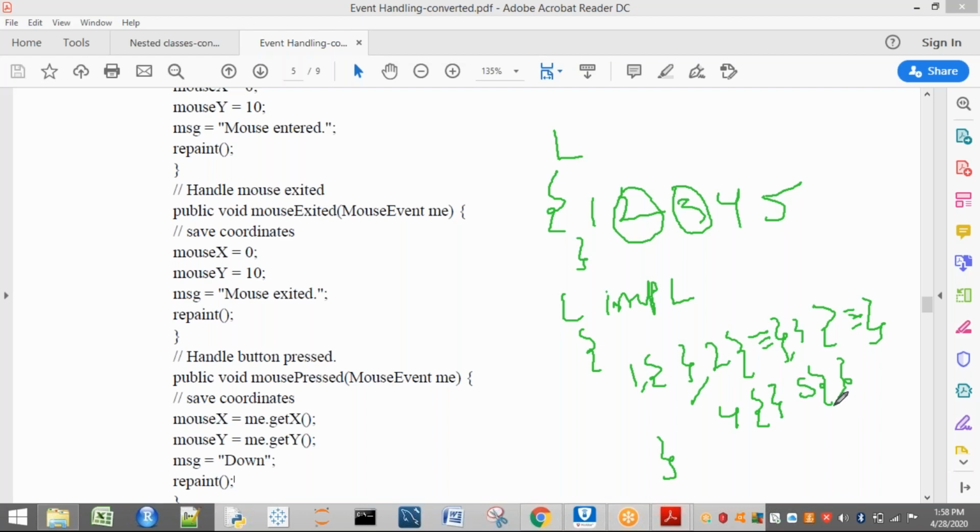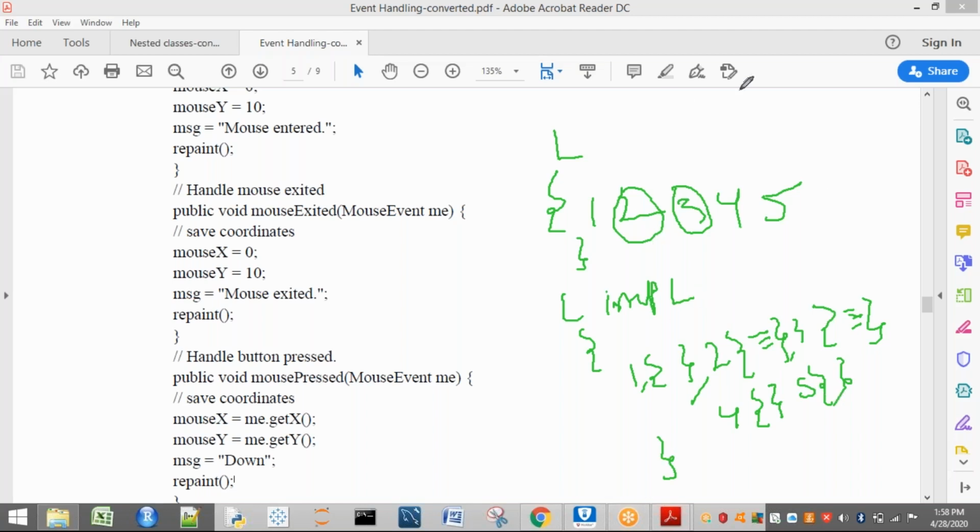Now the case is, if I require only 2 and 3, why do I have to write the remaining ones, that is 1, 4, 5, with empty bodies? Why do I have to increase my lines of code? Is it necessary? No. So this is the disadvantage I am facing in my listeners. So we are going for adapter classes.